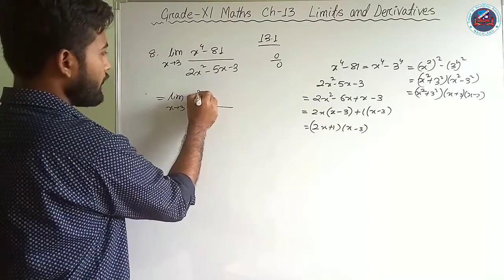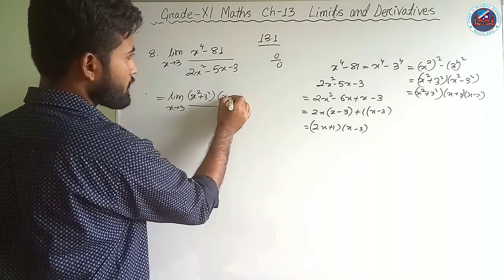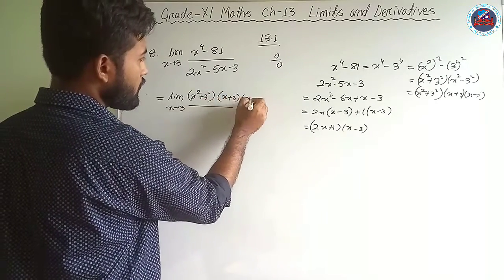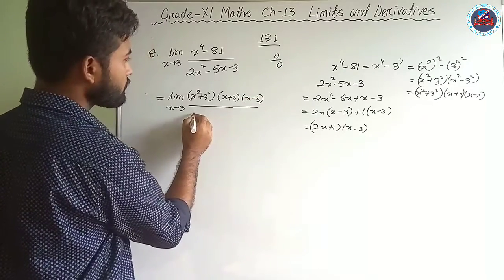So here we can write x square plus 3 square into x plus 3 into x minus 3 divided by,